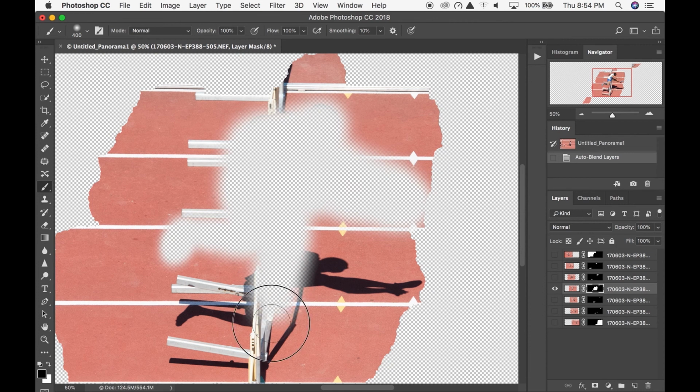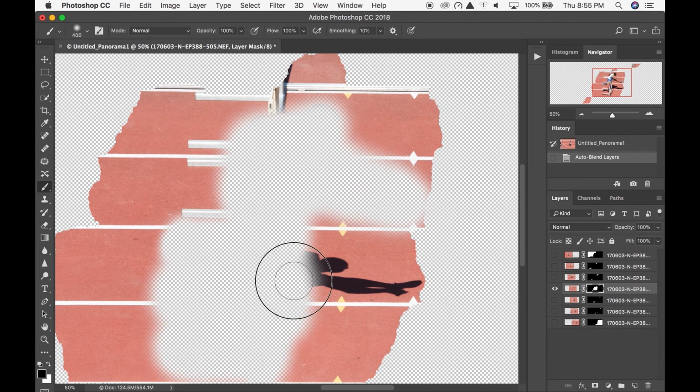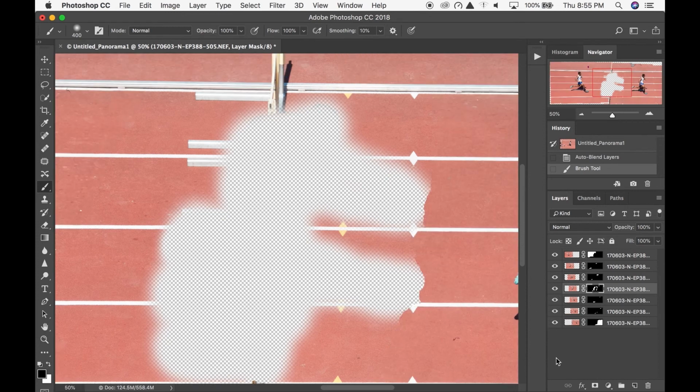So we're going to paint over this hurdle that's falling. We're going to end up with a giant hole in the middle of the photo. So something like this. Now if I show all the layers, we have this giant hole. Now we want to go to the layer above because this is the photo that we want to add to the image. So we're going to select this layer, select the layer mask, and now we want to add,